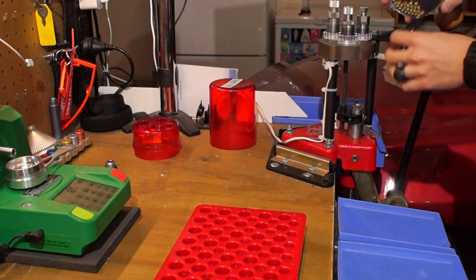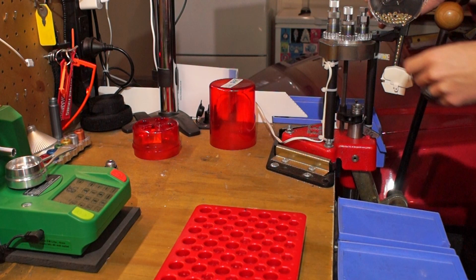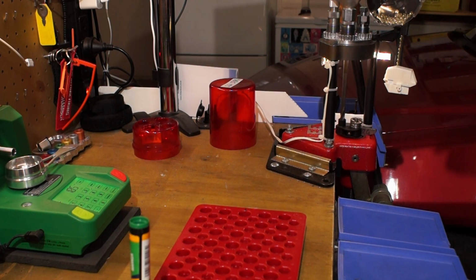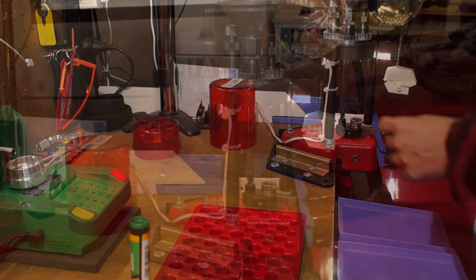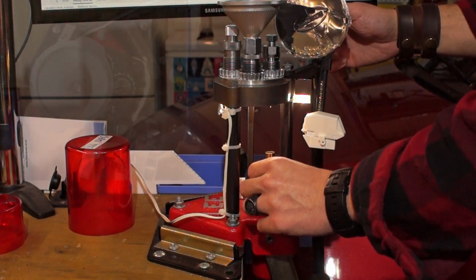So I'm just going to clip this onto the front here, like so. Okay, so we've got the charge master, drop my powder charge, which happens to be 18.5 grains. Check your load manual first. Don't assume that what I'm loading is going to be safe in your firearm. So, alright, just taking my time,